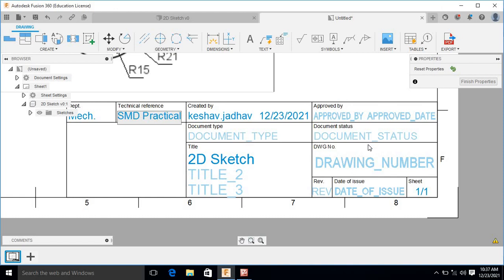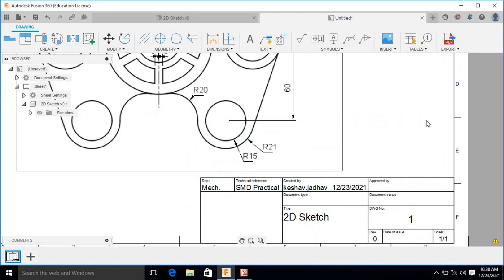Then drawing number we can enter as 1. By default this is sheet 1 of 1 and revision is 0. Like this we can enter. Here we can rename like this and finish the property.